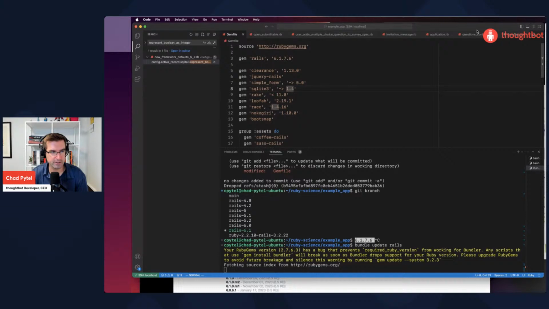Let's just check the versions of rake. 13. We were on 10 point something. 13 came out in September 2019, and 6.1 came out December of 2020. So we should be able to, assuming there's no Ruby problems,